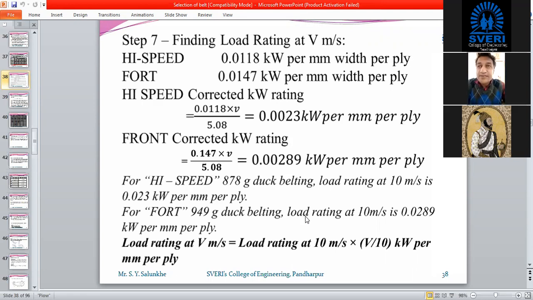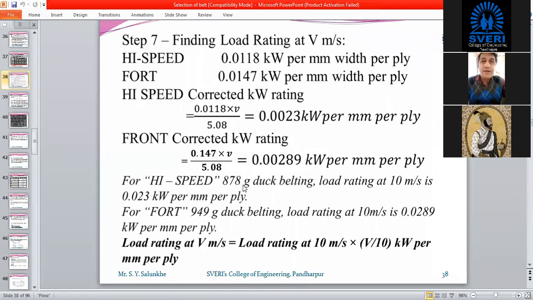Because that is considered as the minimum power which we can transmit with a single ply per mm. And later on this power will be converted to the load rating. Got it, Rakesh? Can you write in? Yes, okay.